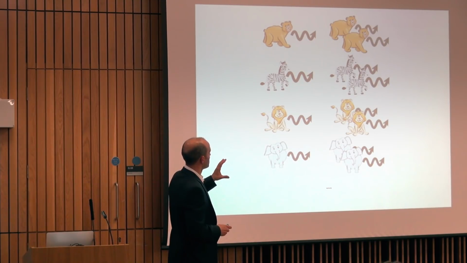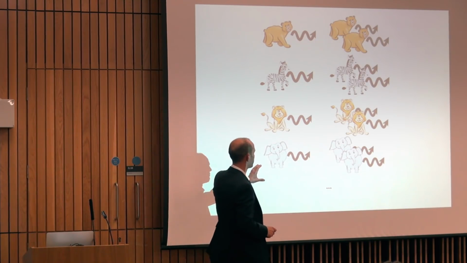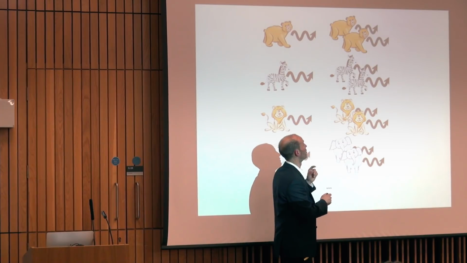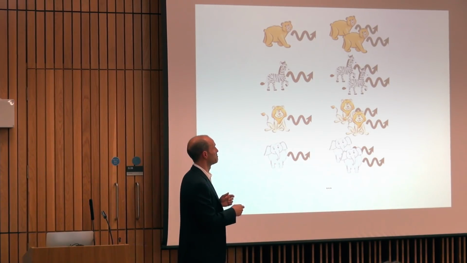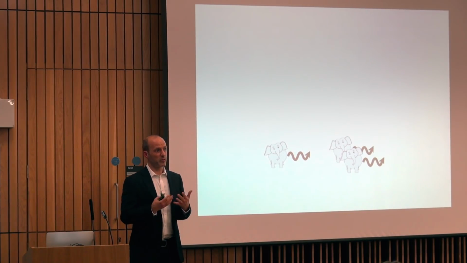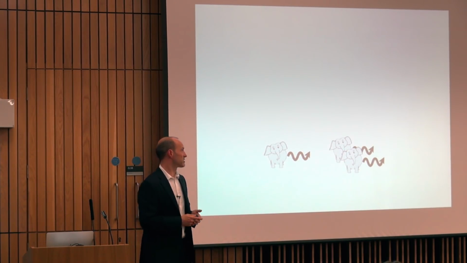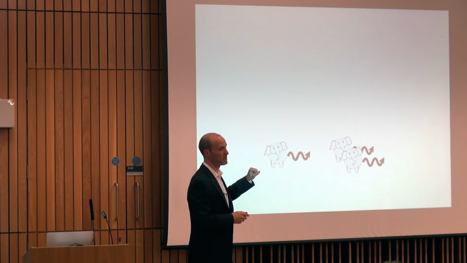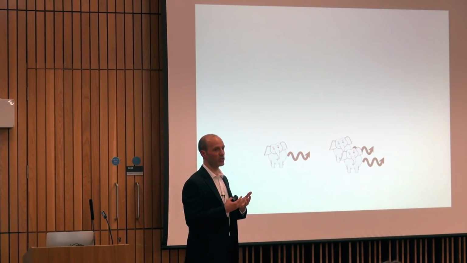Okay, so you come into the lab and you're asked to learn a miniature language to describe events involving one or two animals moving, and there are a number of animals involved in these scenes. So in this case, bears, zebras, lions, and elephants. And the miniature language provides you with a little way of describing events of this sort. And as I said, this is one of the simplest kinds of experiments we run. So the miniature language we're asking people to learn is very simple.